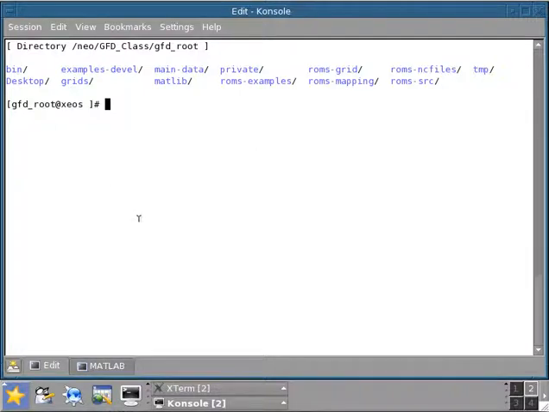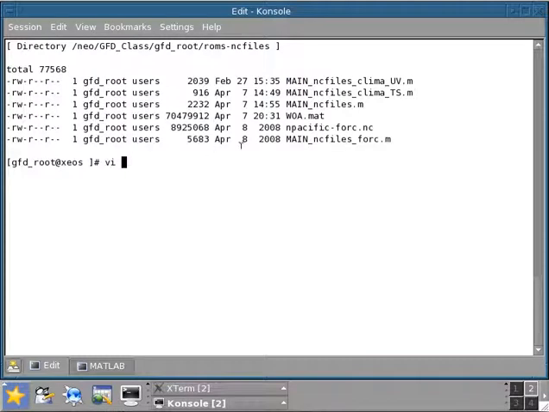We're now going to proceed with the last part of the surface time-dependent forcing extraction, and we're going to extract now the time-dependent fresh water and heat fluxes. So once again, I'm going to go in the ROMS NC file directory, and in here, I'm going to open the main NC file, the main NC file underscore fork file,